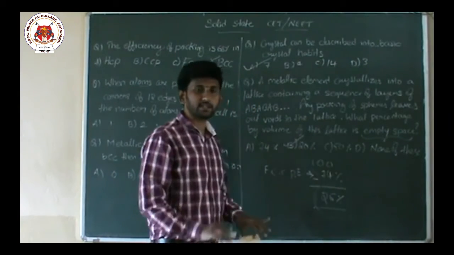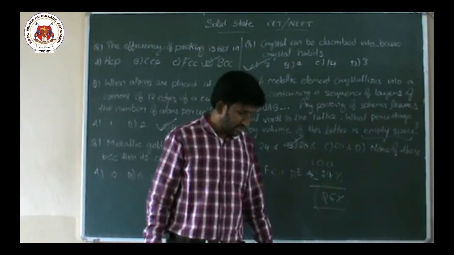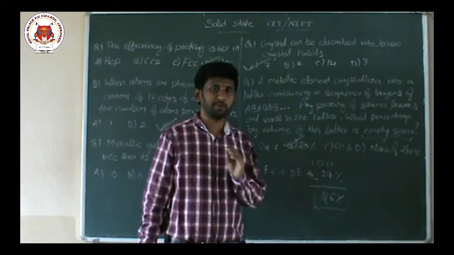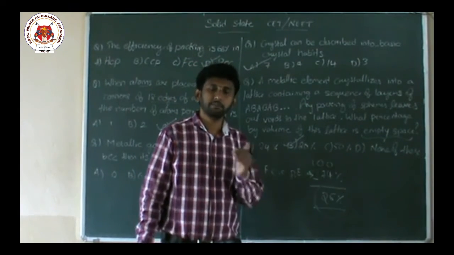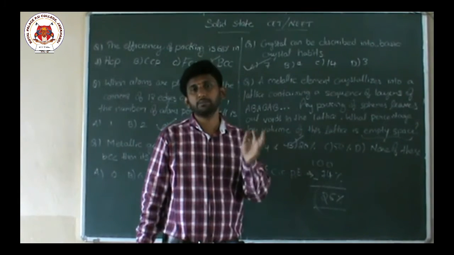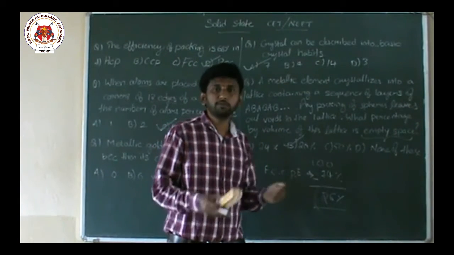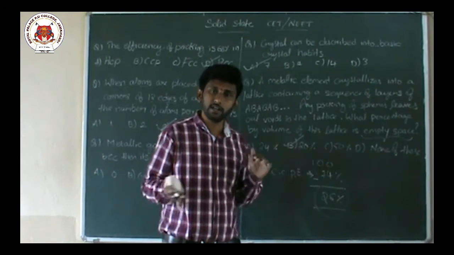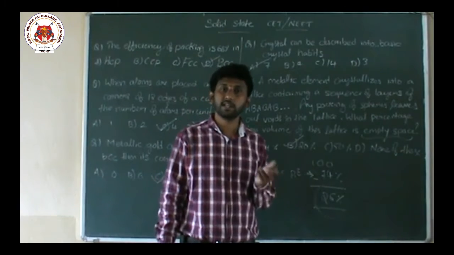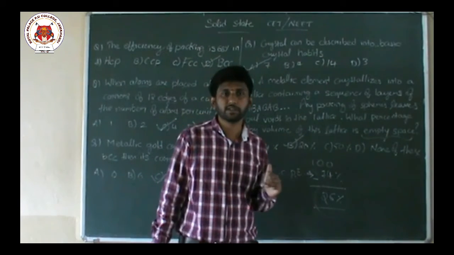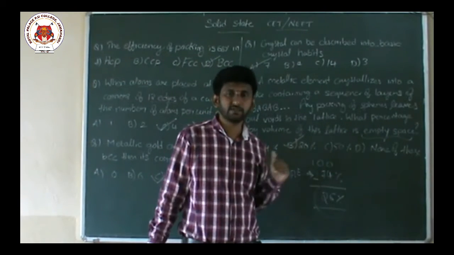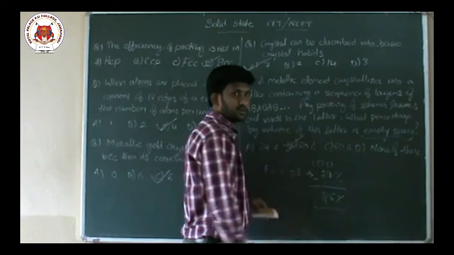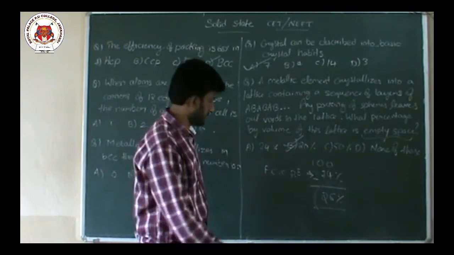Why am I taking the nearest value in this case? You need to understand that no crystal is perfect. There are certain imperfections in the crystals. Due to these imperfections, the volumes may range. So it is not exactly 74% for all FCC crystals because there are imperfections. If there are imperfections, then we need to select the nearest value. So the option we need to select in this one is 20%. Okay?